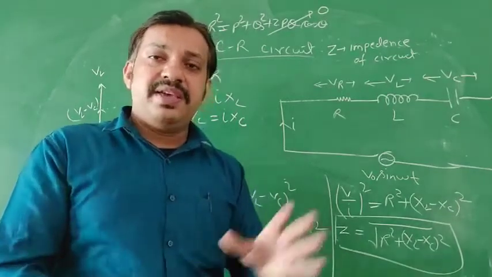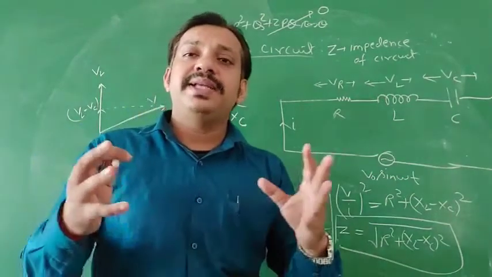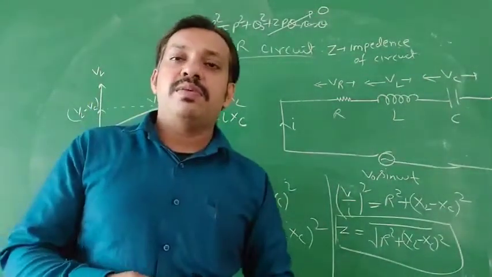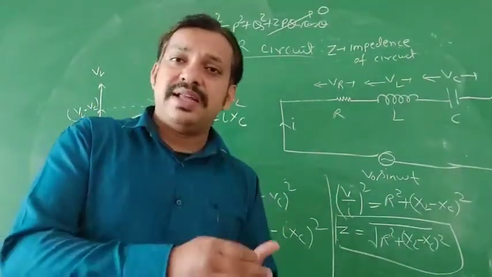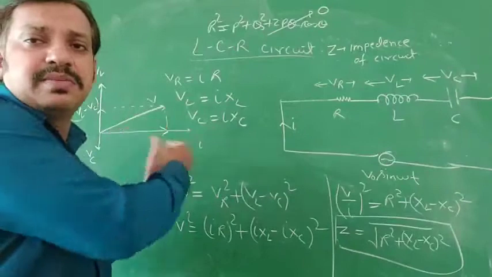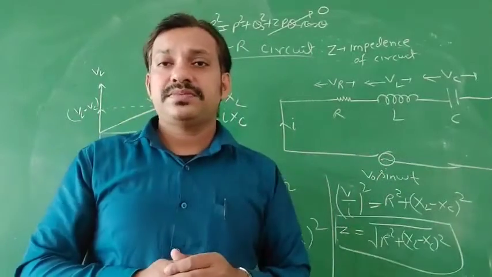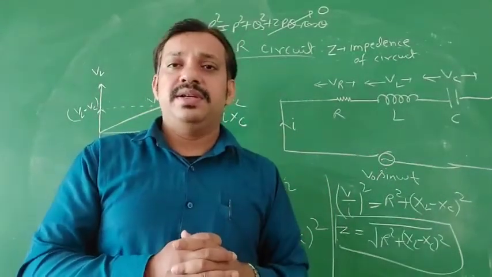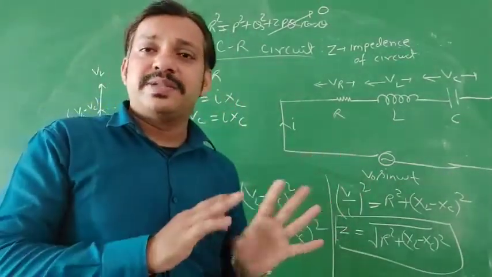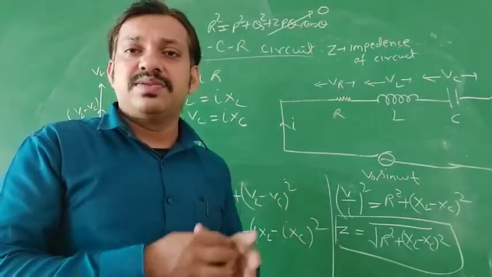That is why I am saying, if you know the case of RLC or the LCR, you can form any type of combination with the help of a single phasor. With the help of the single phasor, you can form any kind of combination, RL, LC, CR, like that. Whatever term is not present, just remove it from the phasor, and whatever the resultant phasor is, that is your phasor for that combination. That is why I am not discussing each combination separately, because the single phasor can explain all the possible combinations in different types of AC circuits.